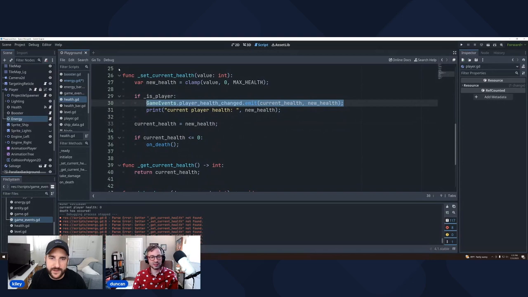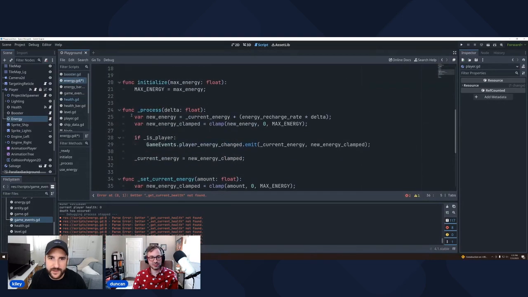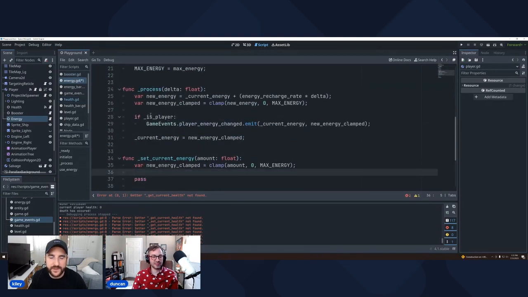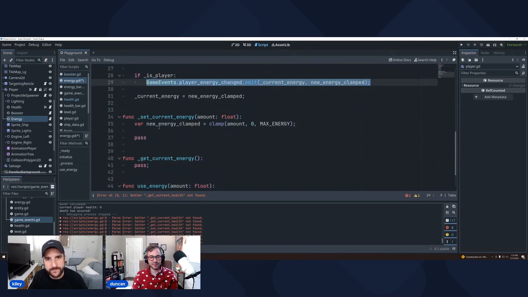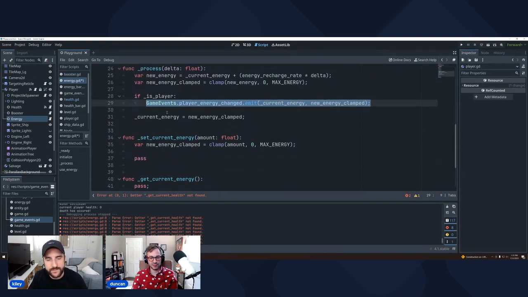And what I'm thinking is that we just kind of ham-fistedly put this right in this process. So every frame it's getting sent, which it's probably going to do. But the thing is, if we set it, we can make sure that this event gets fired at that point if we put it here.